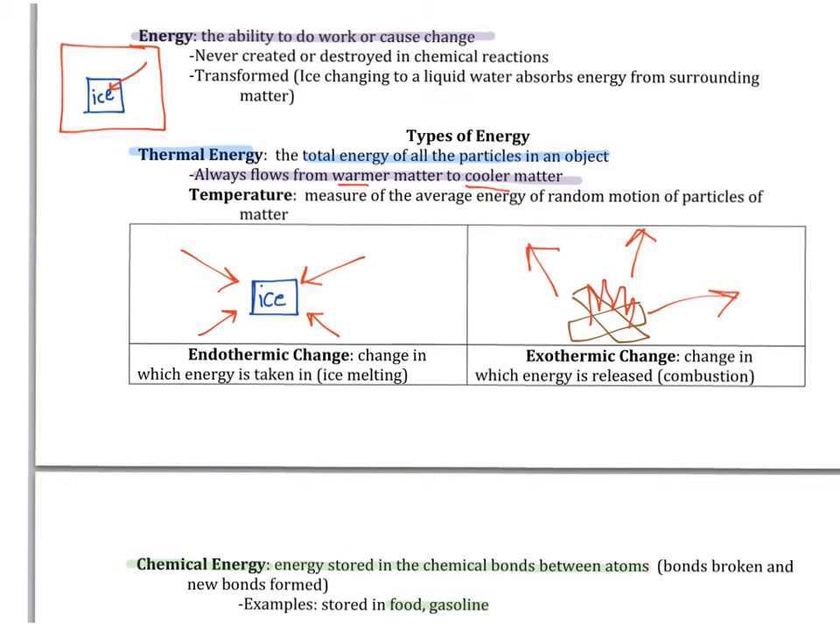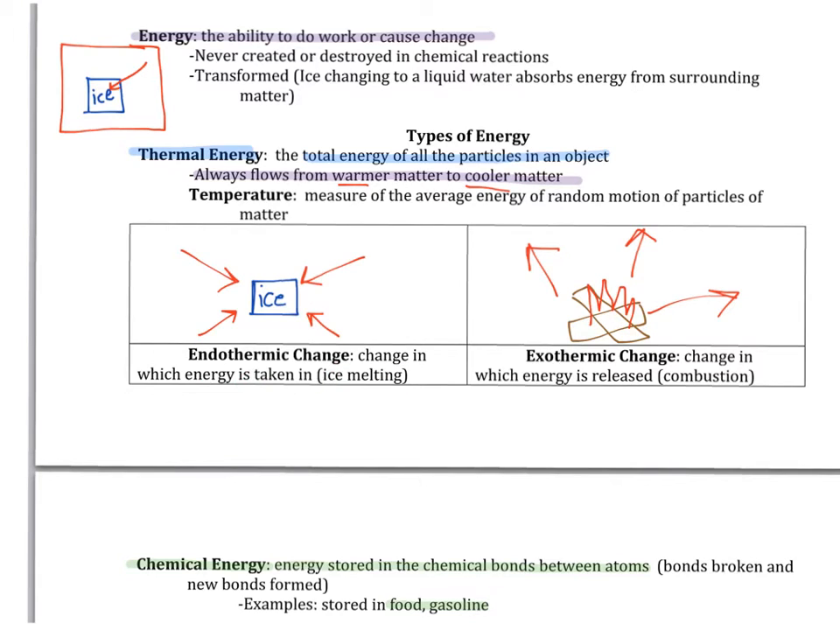A solid will have its particles vibrating in place, whereas a gas will have its particles moving very quickly, bouncing off of each other, and that's why the particles are spread out further. There are two types of thermal change. One is called endothermic change. And you can see here that I've drawn arrows pointing inward. And that is to demonstrate that an endothermic change is one in which change occurs when energy is taken in,